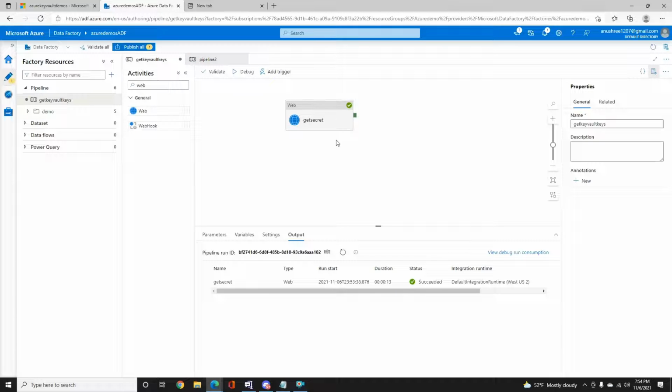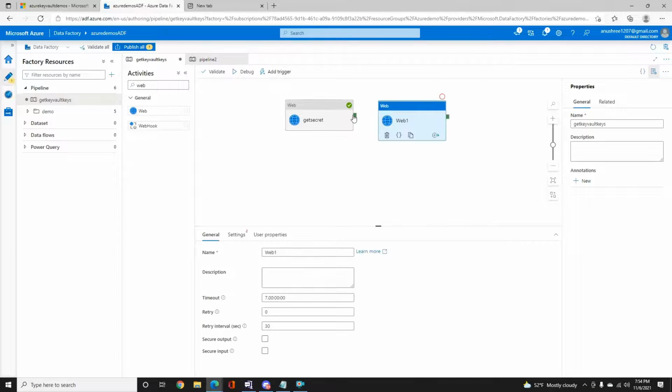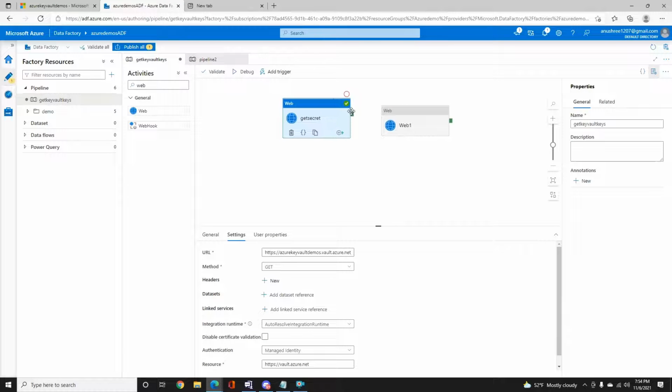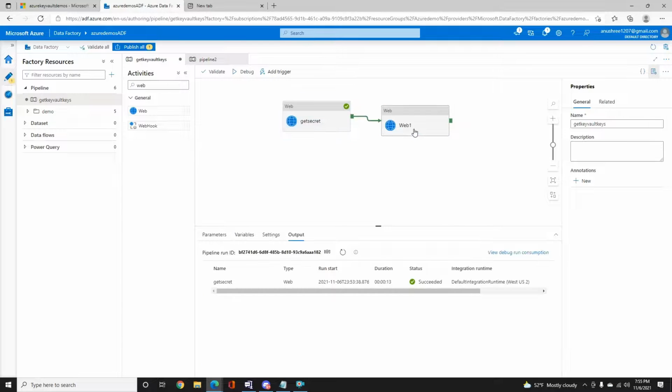So basically, in case you want to use this value in the next activity, you can just use this by referencing this activity's output. I'll show you how. So I'm just pulling in this web activity which should run after this web activity.